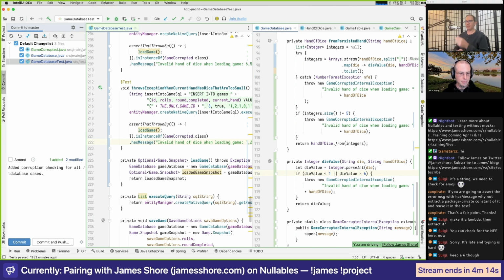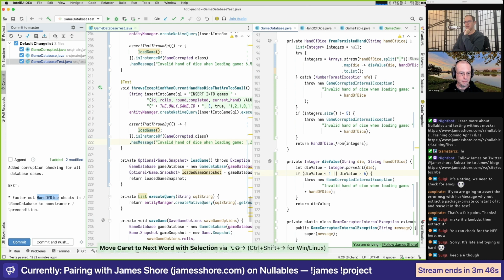And then if you wouldn't mind, let's put in next: factor Hand of Dice checking to Hand of Dice precondition. Of Hand of Dice.